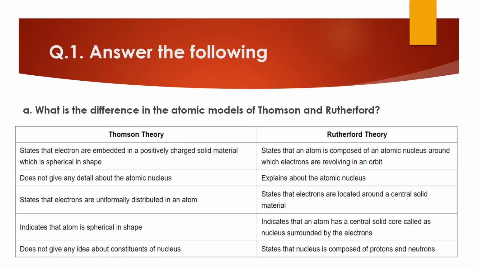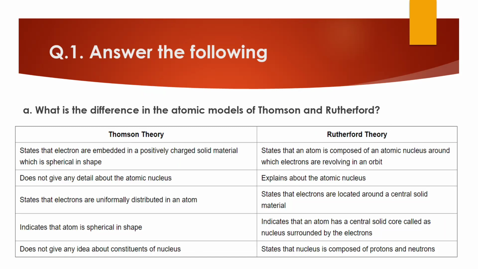Thomson and Rutherford are the two scientists who proposed the structure of the atom, and the structure of an atom is known as the atomic model. They have different postulates which are stated in their atomic models, and we have to write the difference between these two models. So let us start to write the difference between Thomson's atomic model and Rutherford's atomic